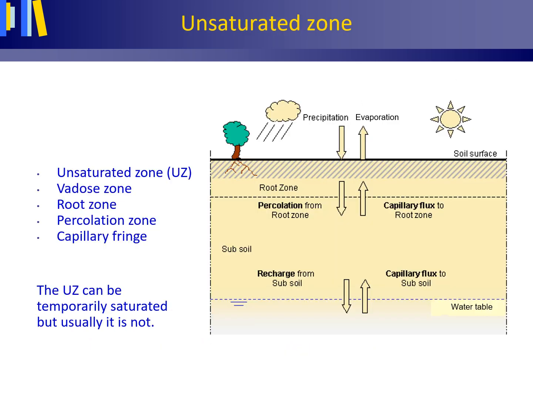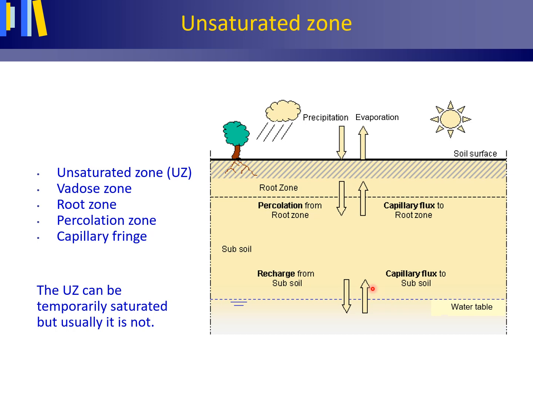An alternative name for the unsaturated zone is the vadose zone, or sometimes the zone of aeration, and the water stored there is called soil water. Part of the unsaturated zone are the root zone, which is part of the soil surrounding the roots of plants, the percolation zone, which is the zone where water moves in the direction of the water table, the capillary fringe, the fringe above the water table where water is sucked into pores by capillary forces and/or other forces.